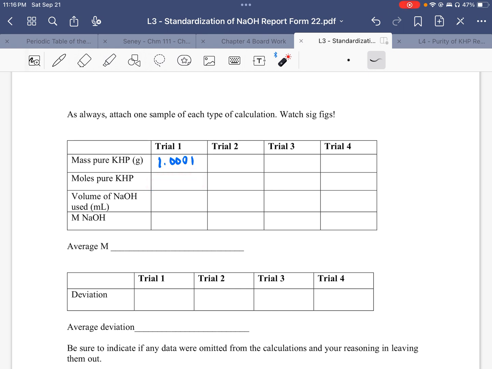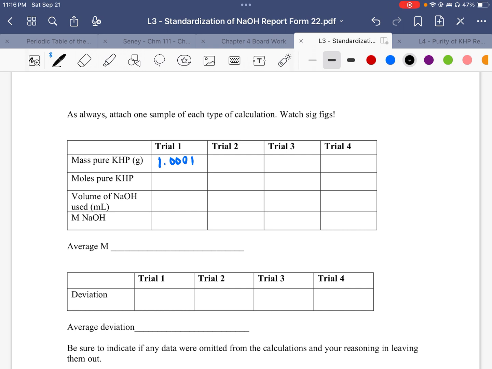And then it asks you for the volume of sodium hydroxide that you used. And then you'll put in your molarity of sodium hydroxide that you calculated. And notice here, that's going to be for trial 1. You're going to find the average molarity, and in order to find deviation down here, all you're going to do